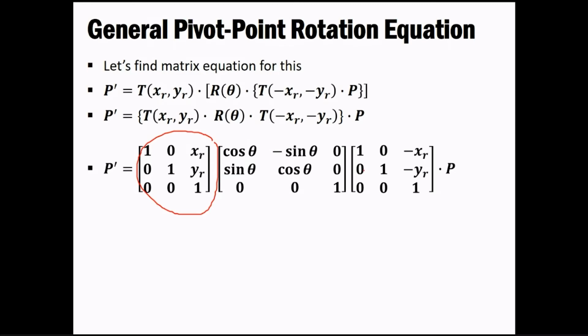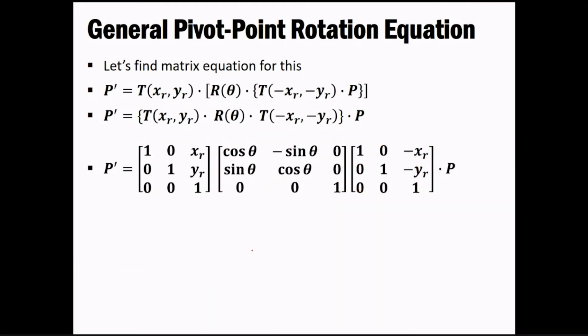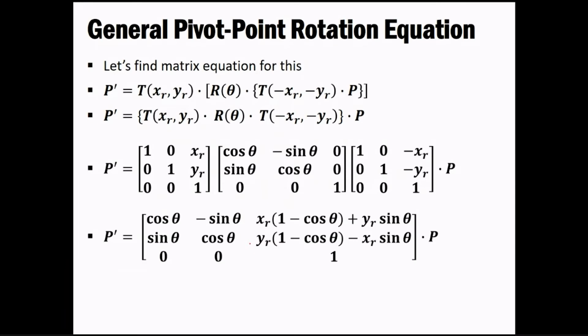Similarly for rotation we have this matrix: cos theta, sine theta, 0. Similarly minus sine theta, cos theta, 0. I'm explaining it in column vector form. Similarly 0, 0, 1. Then the inverse of the translation operation that we performed, where we'll be taking the minus sign. Then we multiply these matrices with each other and try to generalize it, so that we get a simple thing in our hand.